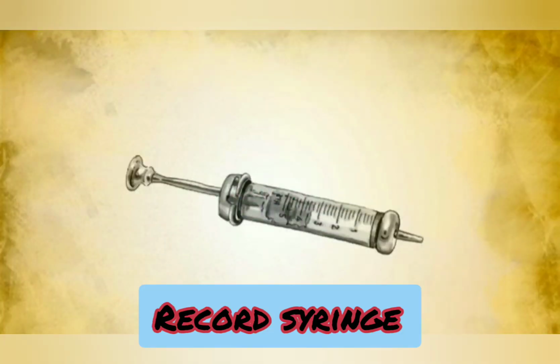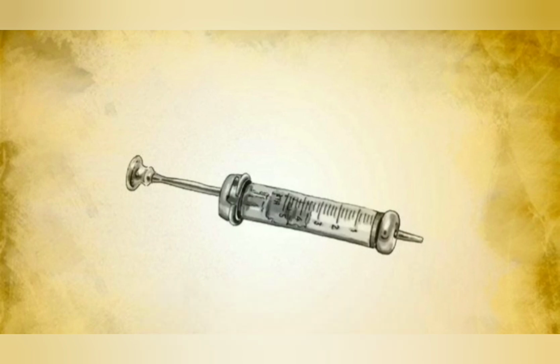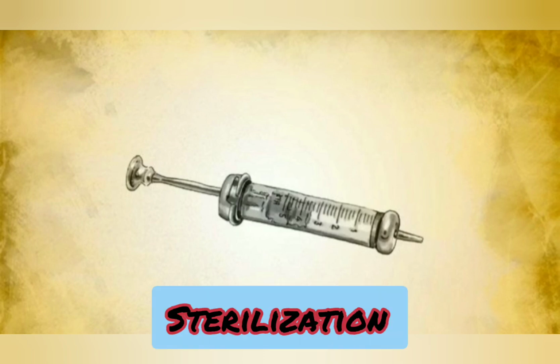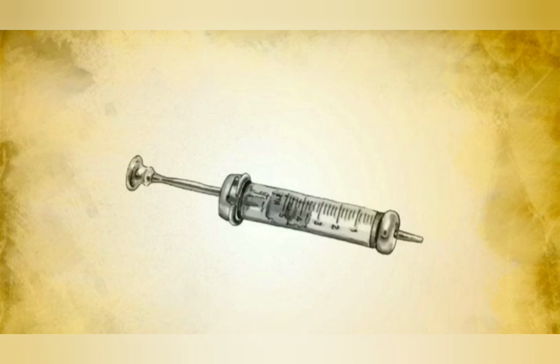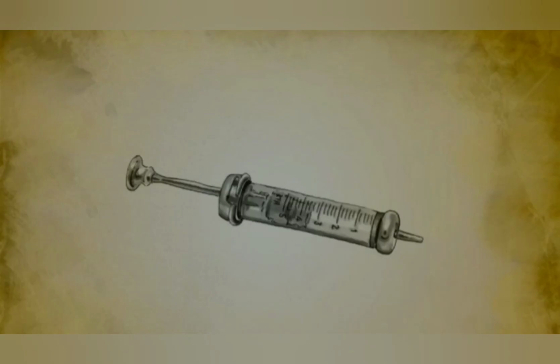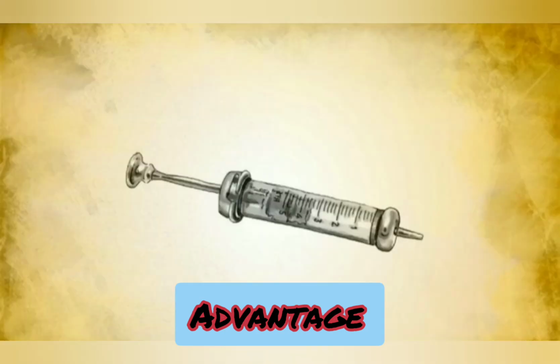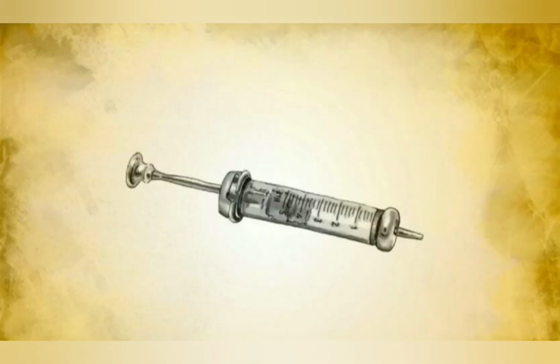Then record syringe. It consists of a piston made of metal and body of glass with a long tapering metal nozzle. It is available in various sizes 2cc, 5cc, 10cc or 20cc. Then its sterilization can be done by boiling, gamma rays, hot air oven and chemical sterilization, and it cannot be autoclaved as it is partly metal and partly glass. Then in record syringe the advantage is the piston can be locked in the body, so it can be used for aspiration of fluid.